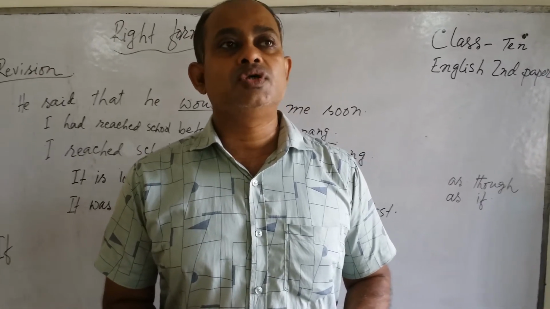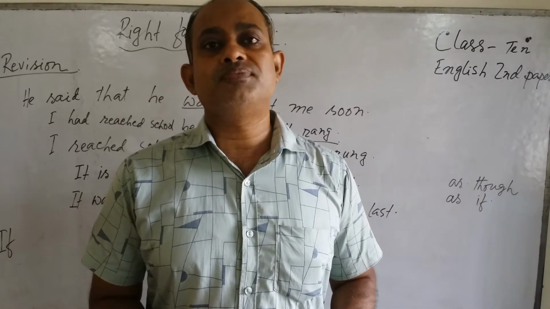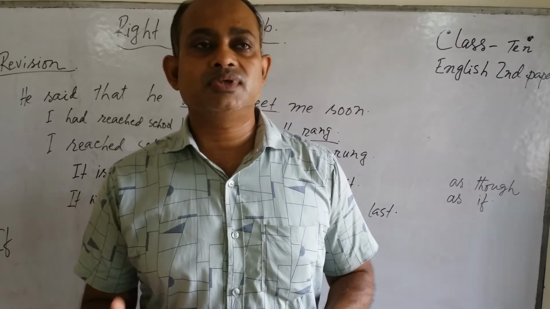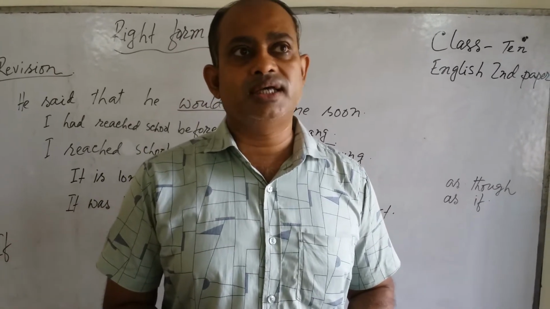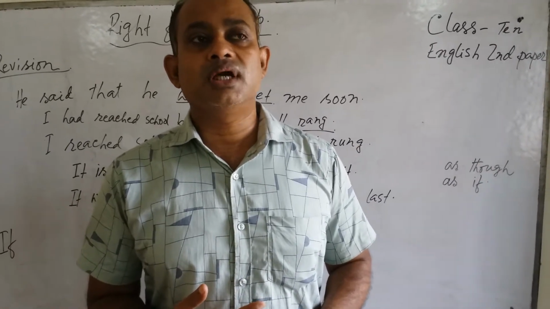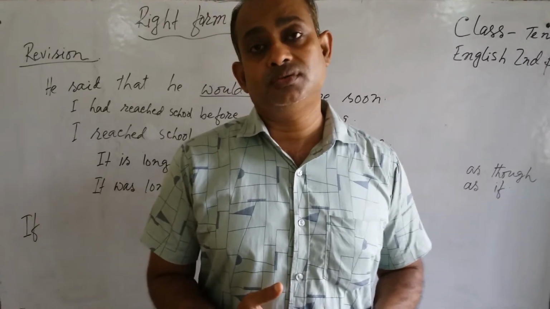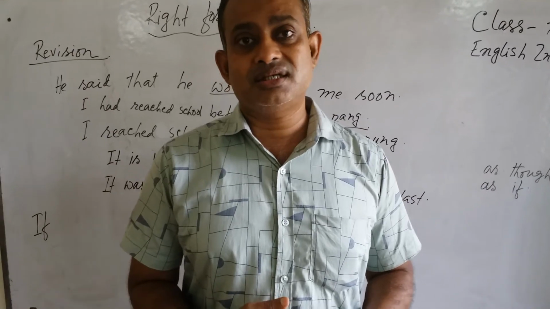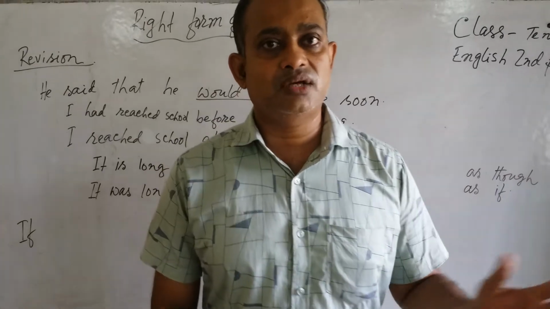Then we use the ing form after an object. When the structure is subject, verb, object, and then we use a verb, we generally use the ing form. If the sentence starts with a verb, then we also use the ing form. And as I told you in the previous class, in the next class we would discuss the form of verb in complex sentences. Here we are.